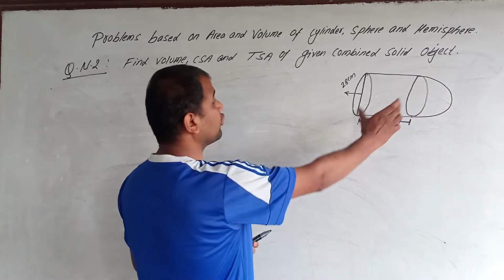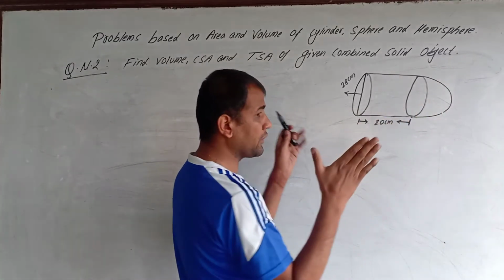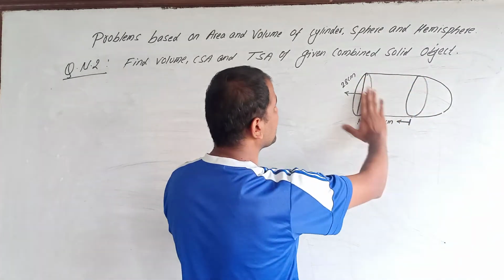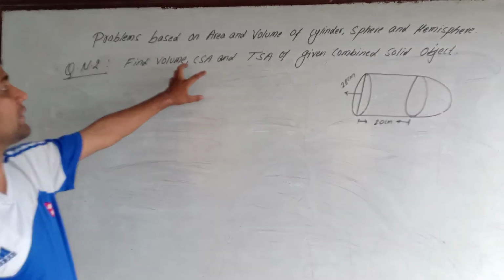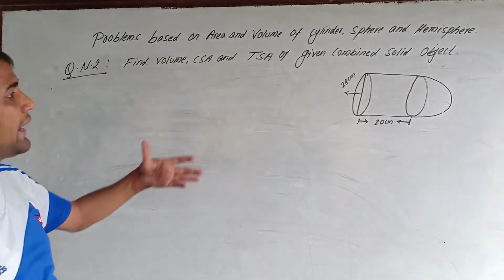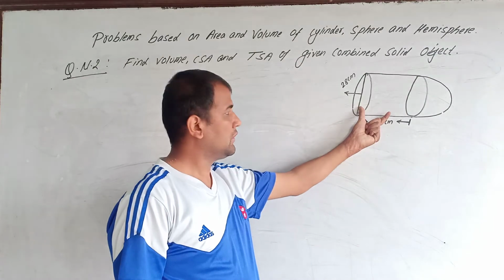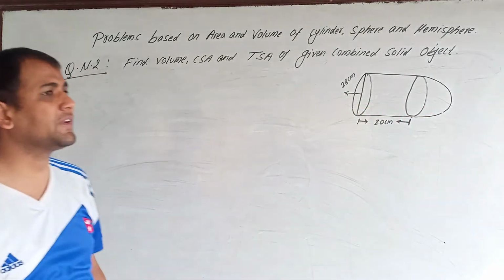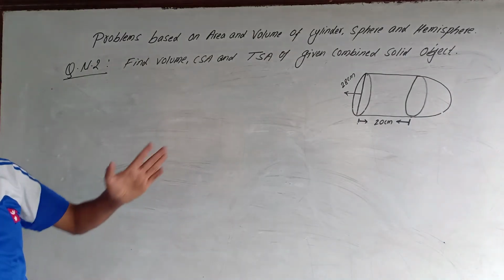If we find the volume of the cylinder and the volume of the hemisphere and add those two volumes, then we find the volume of this combined solid object. And to find the curved surface area of this solid object, we find the curved surface area of the cylinder and the curved surface area of the hemisphere, and add those two,